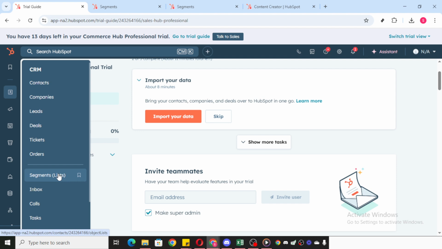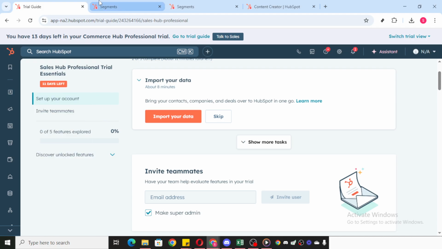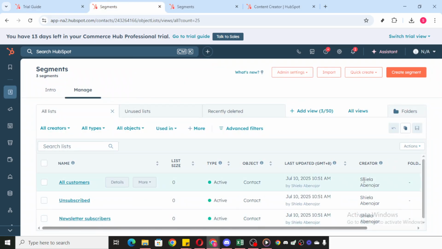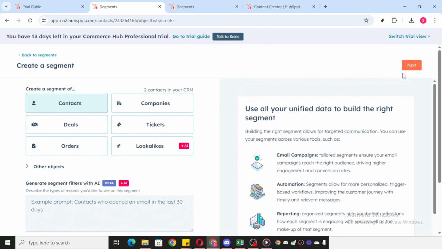After you've accessed CRM, go ahead and click on Segment Lists. This feature allows you to view existing lists and manage them, but what we're aiming to do is create a new one. So, click on Create a List. This step marks the beginning of defining and organizing your contacts based on specific criteria that are most relevant to your business needs. At this stage, you'll be preparing to set the criteria that will determine how your list is